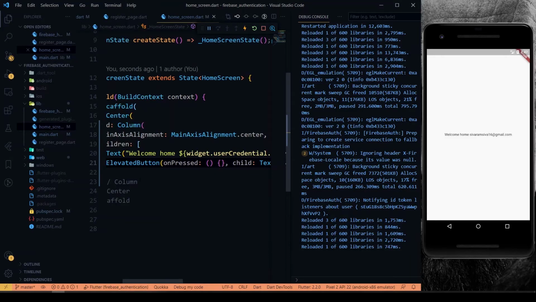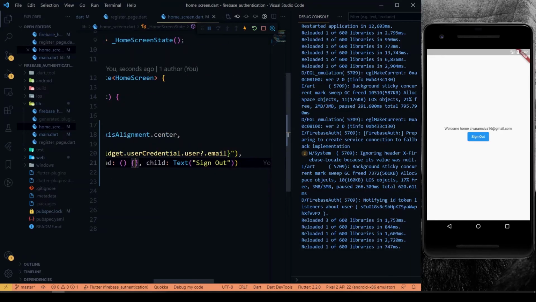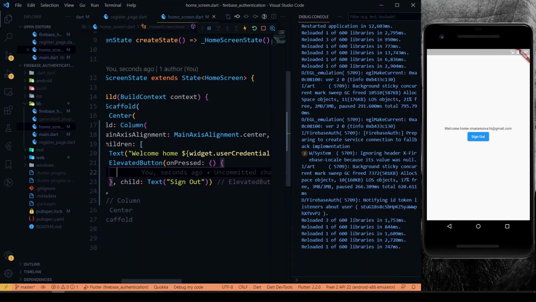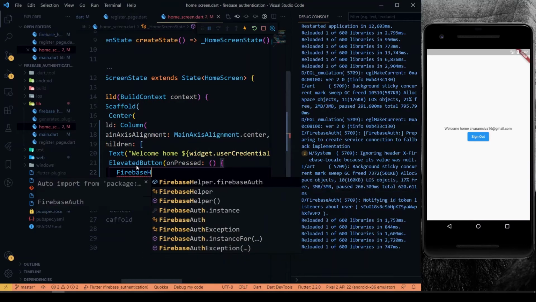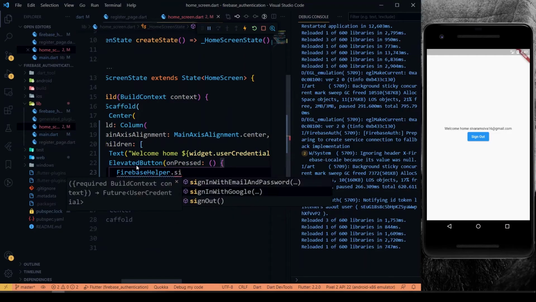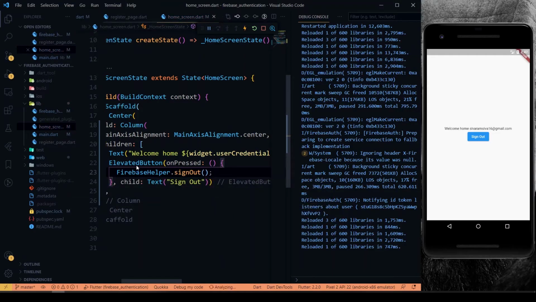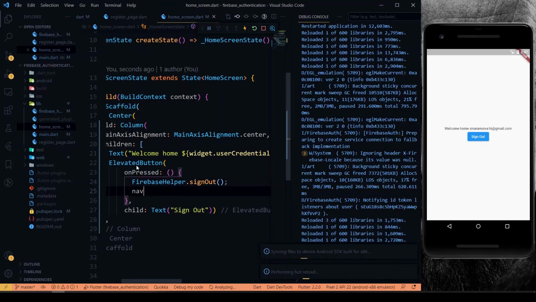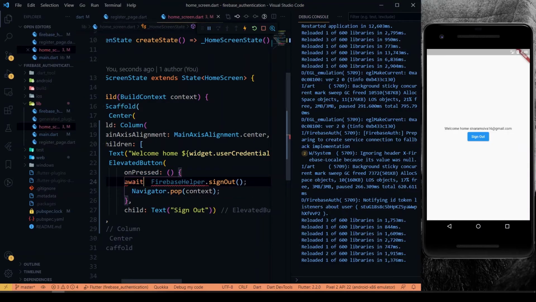Inside our sign out onPressed, we'll call our Firebase helper class, calling our sign out function here. After that, we'll pop the screen to our login page. We'll put an await since this is a future function.